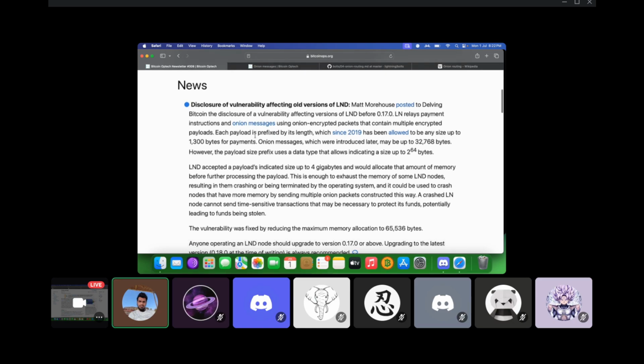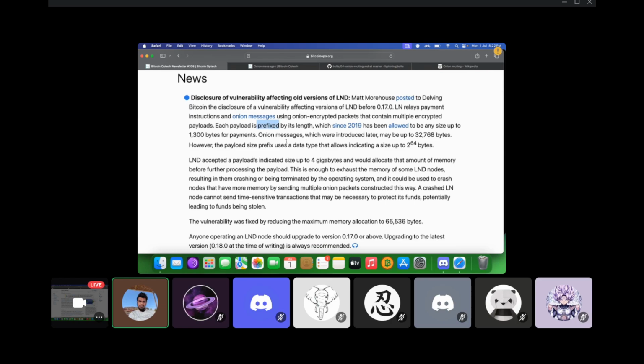All right, now where does the vulnerability come into the picture? We'll read this article to understand what the vulnerability is. So far, I hope that everybody understands what the Lightning Network is, what Lightning nodes are, how information is shared in the form of onion messages over the Lightning Network, what a payload is, and what a prefix for that payload is. If anybody has any questions or anything to share, please go ahead and do so before we move forward. Cool. If none, let's go to the article.